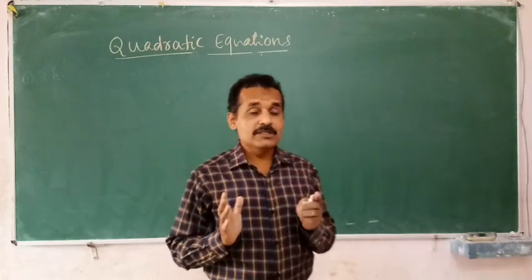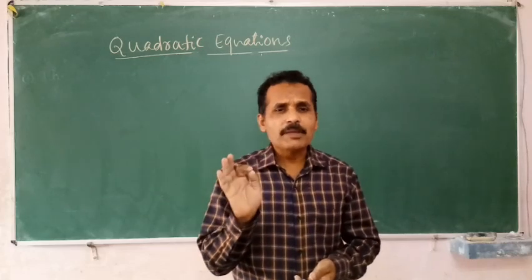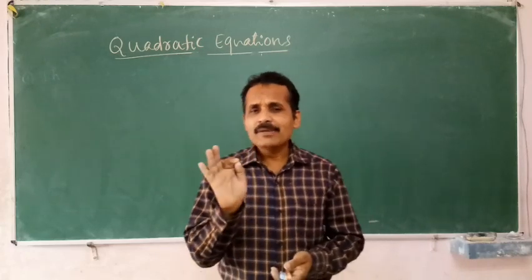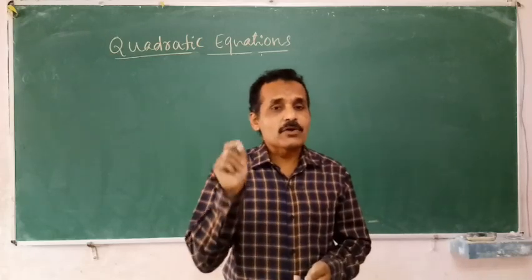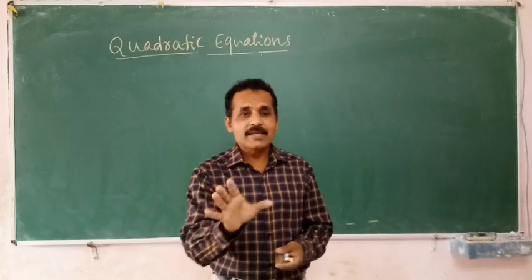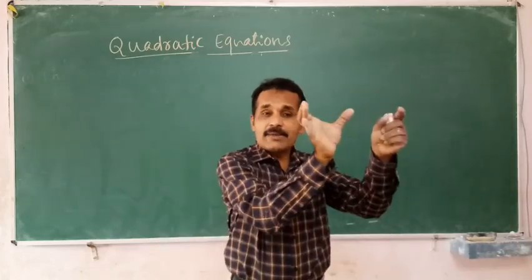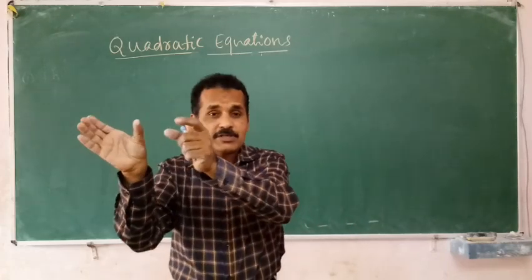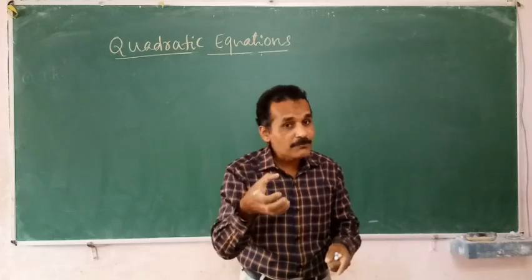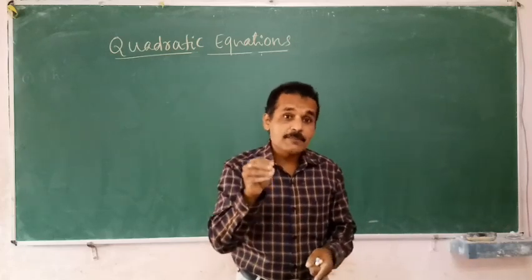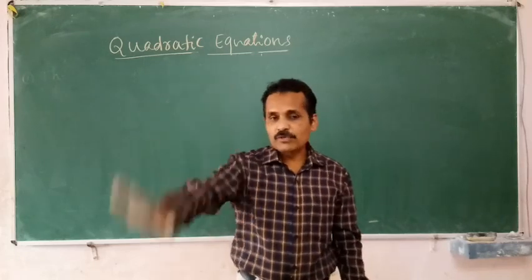What we have learnt in the quadratic equation so far, just by seeing the problem, it is not possible to tell whether the equations are quadratic or not. If it is a simple equation, you can say, but when it is given in a product form, or LHS also some expression is given, RHS also some expression is given, in that case, it is not possible to tell directly. First, it has to be simplified. After the simplification, if the highest degree is 2, then only you can say that equation is a quadratic equation.